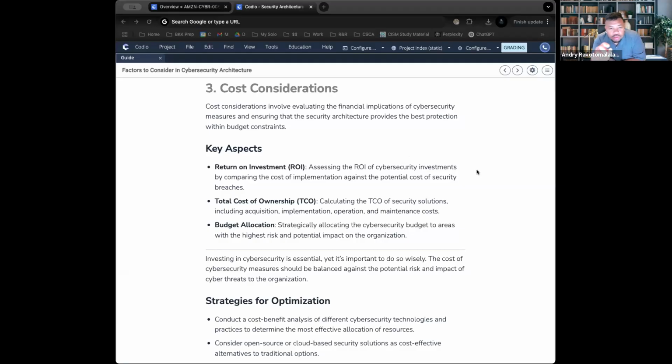Let's say, for example, you want to buy a security software service that allows you to monitor your network a lot more closely. When you do that, it's going to take time and cost. You're going to have to implement it. It's going to have to connect to all your servers and whatnot. So you need to keep that in mind.